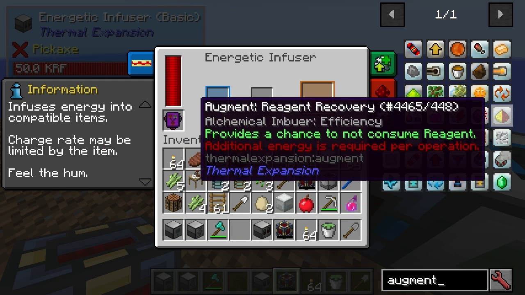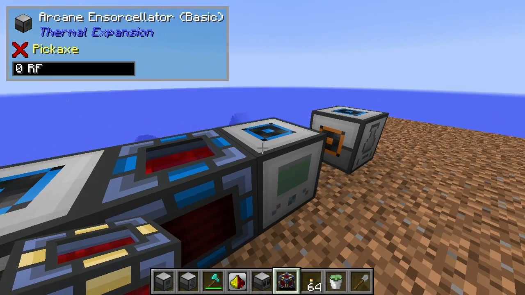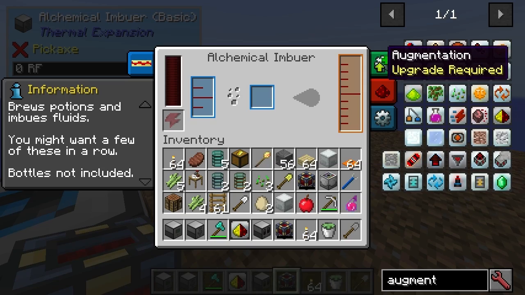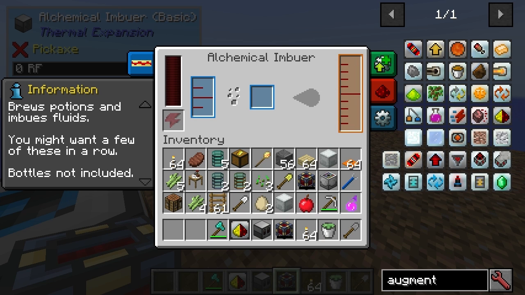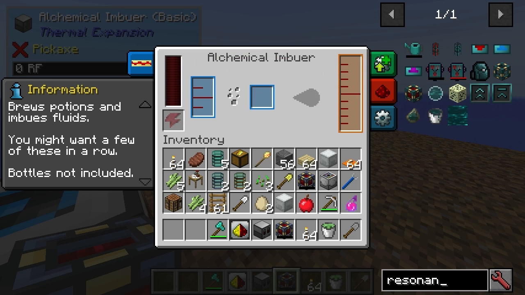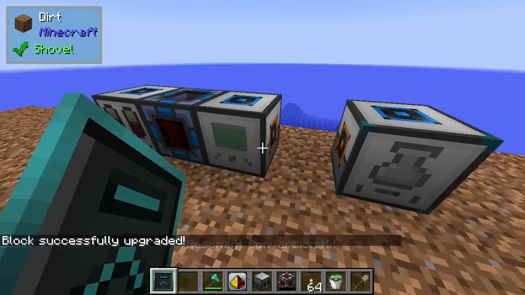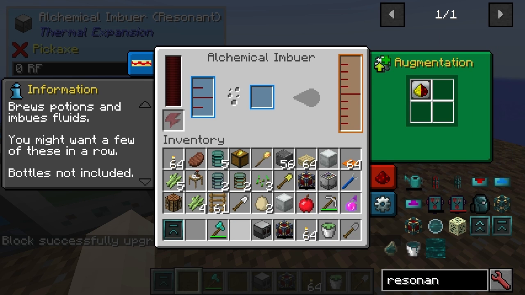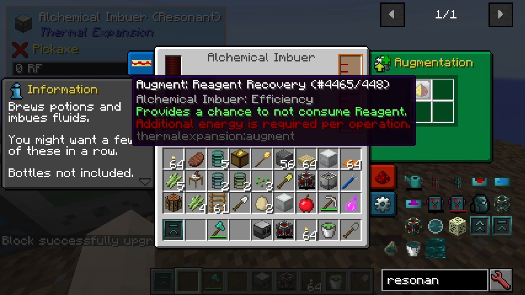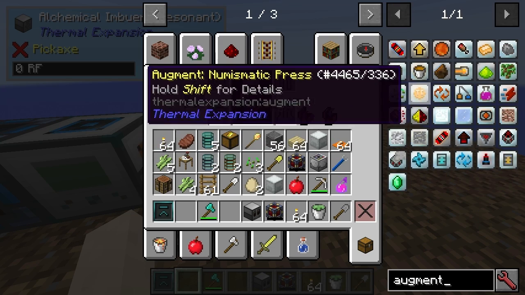One thing I will think about this is that... Okay, so there's one for the alchemical imbuer. That's the one you want, isn't it? The conversion kit. So that can knock. So yeah, really, I guess there's just a lot of